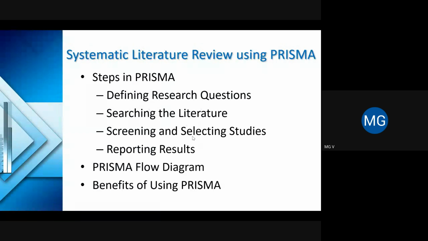It involves defining research questions, searching the literature, screening and selecting the studies, and reporting results using a flow diagram. The Prisma framework ensures transparency and replicability in the review process, making it a valuable tool for researchers.